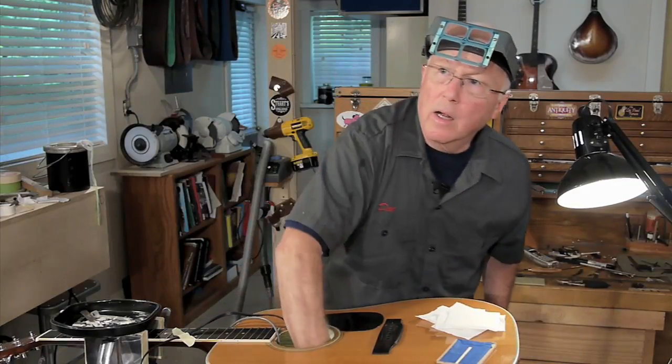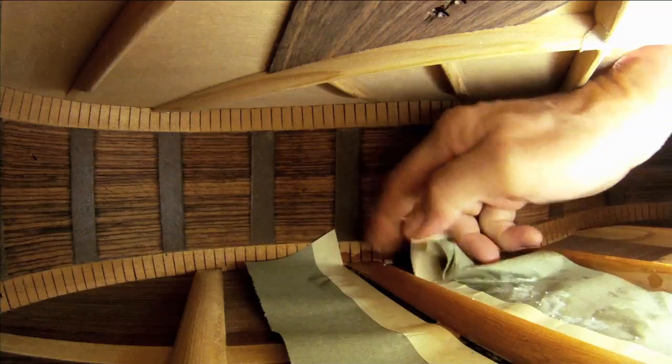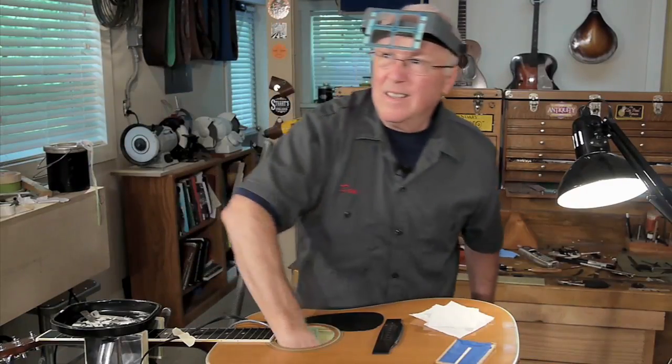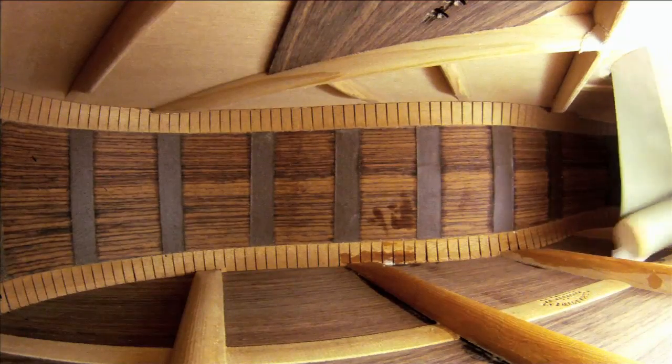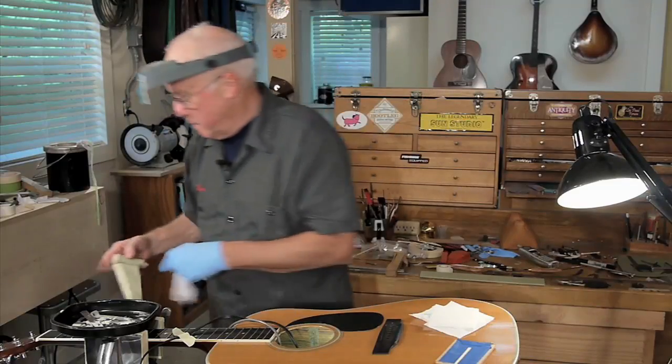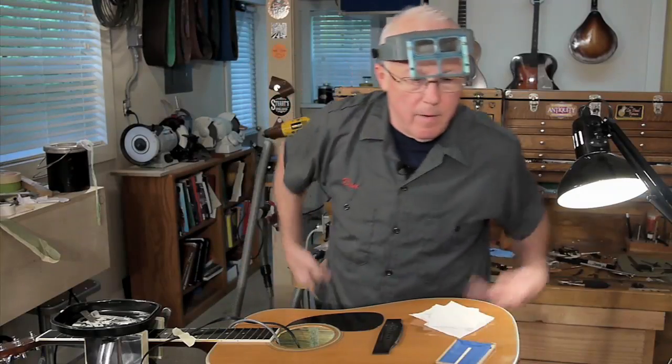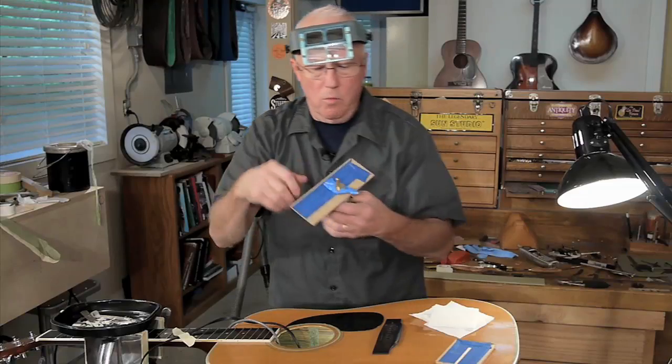I'm not in a hurry yet. I got time. Now I'm going to go in there and get some squeeze out. Now I've got to force some of the glue out of that. And to do that, I'm going in with